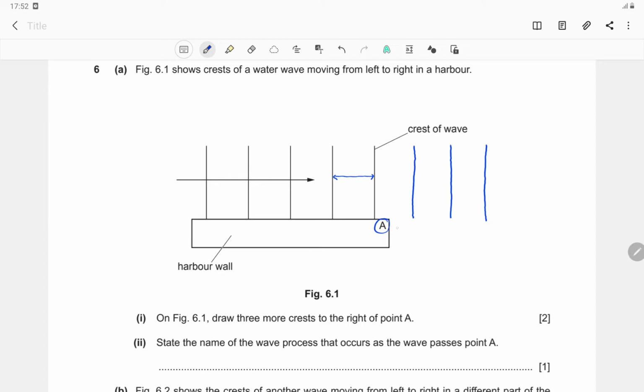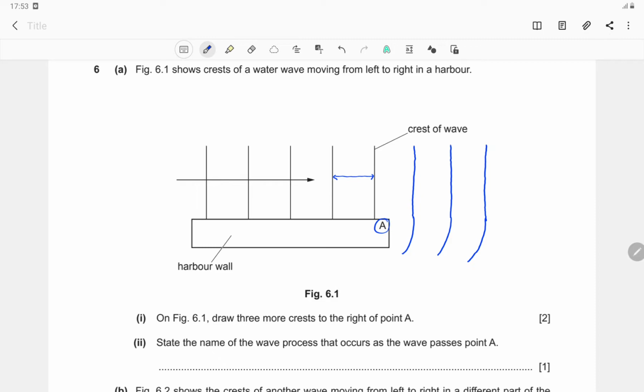And as for the bending after point A, you can see there is no more harbour wall, so the water wave will bend after point A. And this is due to the diffraction of water waves, because after the harbour wall there is a bending, so the water will bend at this edge.